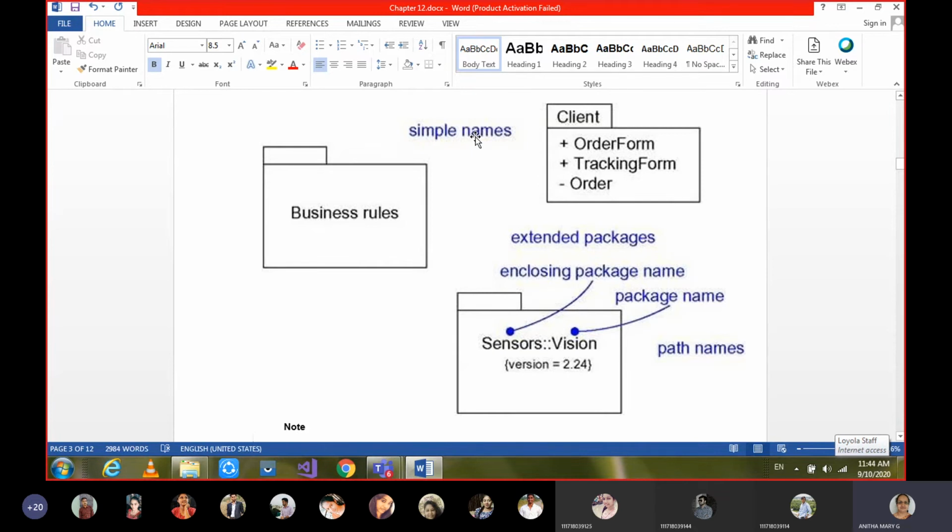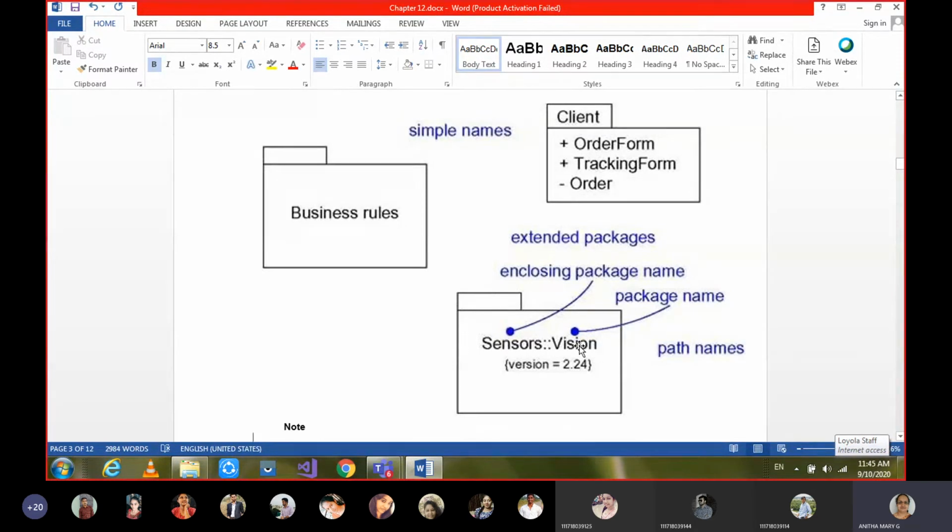And the second one, names are of two types. Either a name can be a simple name, or a name can be a path name. When I say simple name, it can be just a one or two worded string, and usually the first letter of it will be capitalized. Similarly for a path name, say Vision is a package name, and where exactly this package is present matters. Say suppose you have Java packages, many packages, java.awt. Likewise you have many packages in Java.